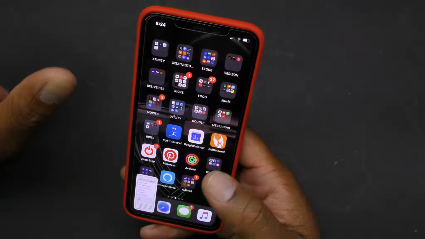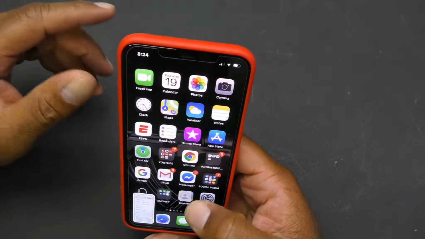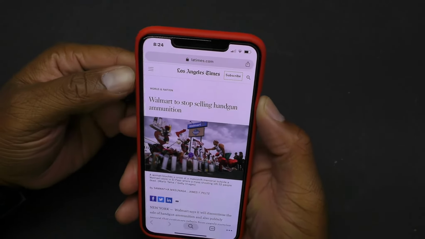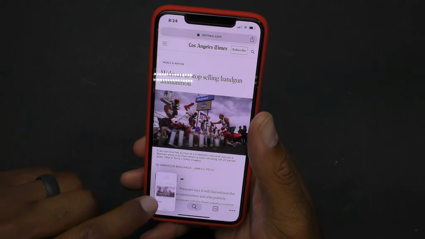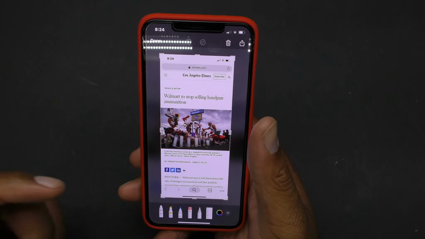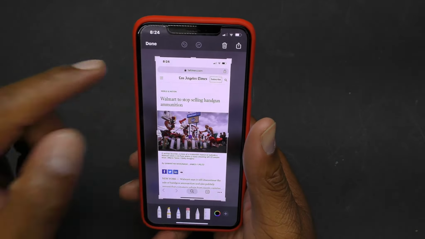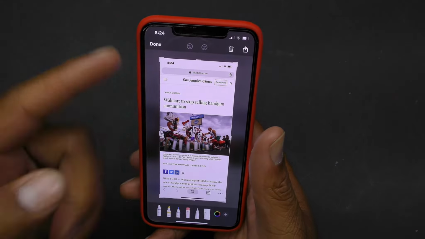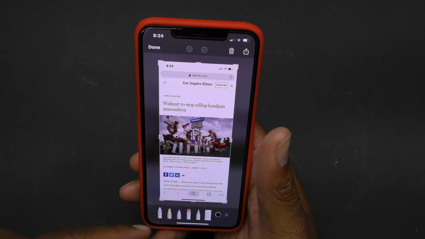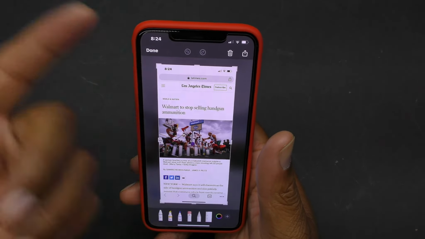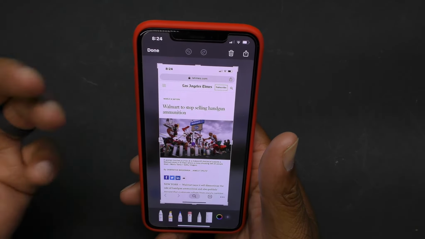Now I'm gonna show you what happens when I actually tried it in Chrome. So when I went to Chrome and I tried to screenshot something, boom, screenshot works, and then you tap it like you finna edit it, and you don't get those options to do screen or to do the full page. You know what I mean? You just can crop and stuff like that. You can do the highlight options. You can share it, and you can delete it,